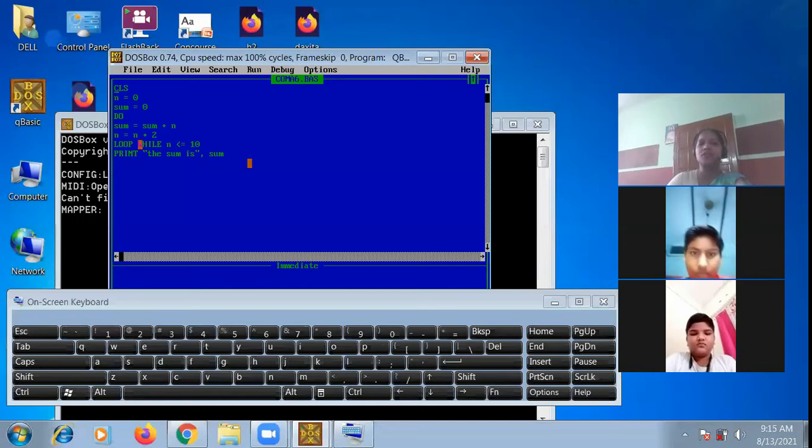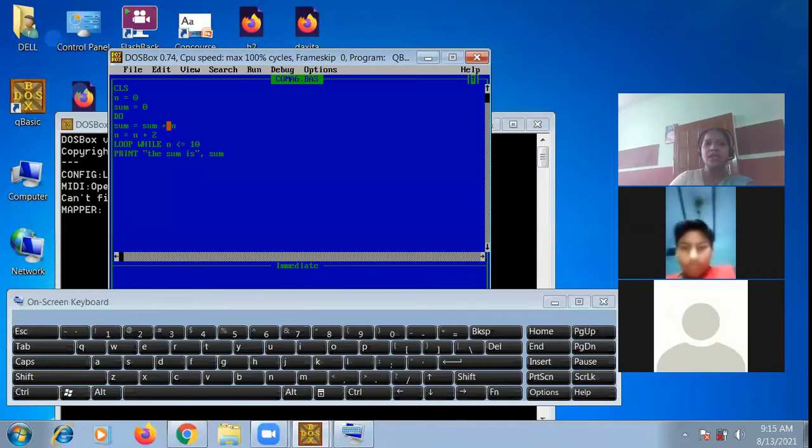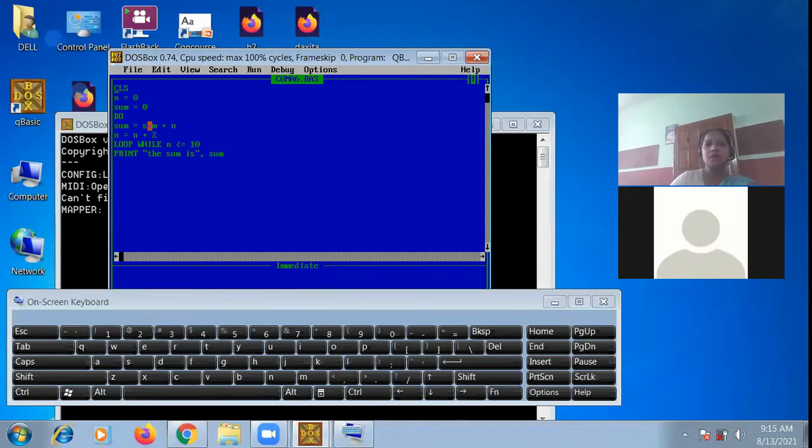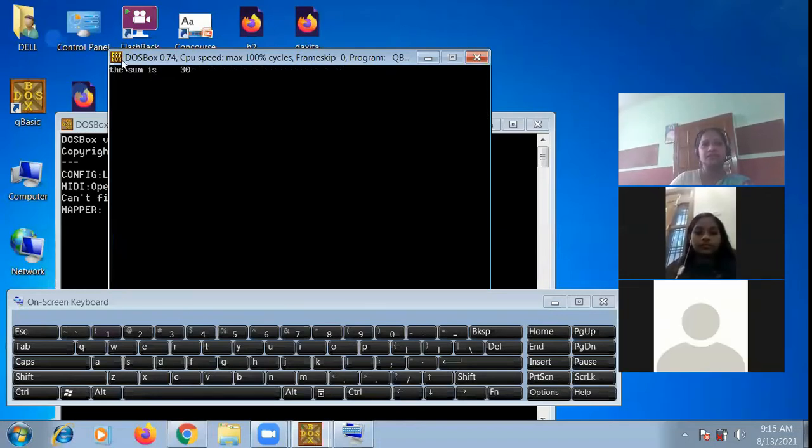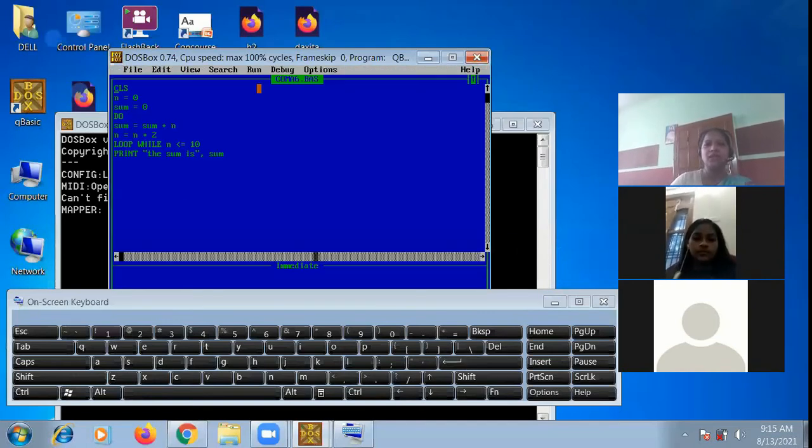As it reached 10, it will calculate sum plus 10, means sum will be 8 and 8 plus 10, 18. So it will give the result. Let's run it. Now the result will be 30. So if you calculate manually, you will get the result.